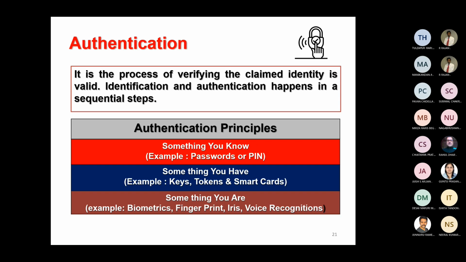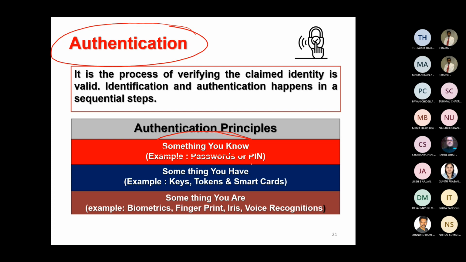Okay. Now authentication. The authentication is what? Validating the uniqueness of a user. Whatever identity is claimed by the user is validated. Now there are three different means, as I told you. Now, the first principle of authentication is called something you know. You authenticate based on something you know, which is your password or a PIN. Both you will keep, right? Which is known to you.